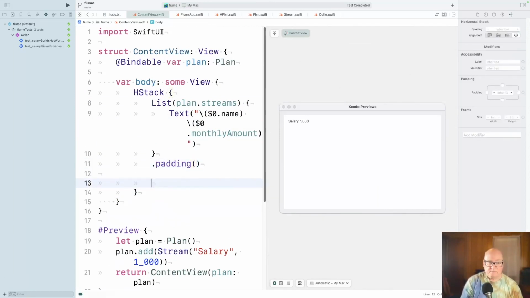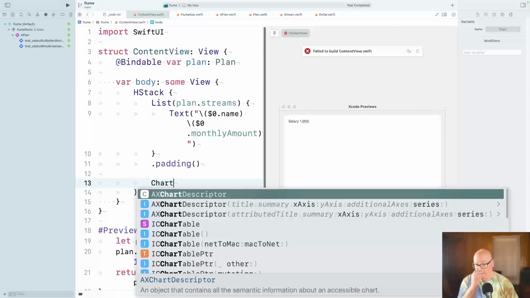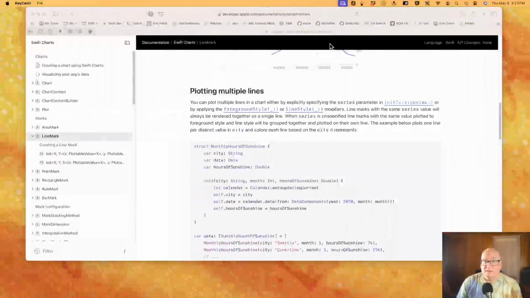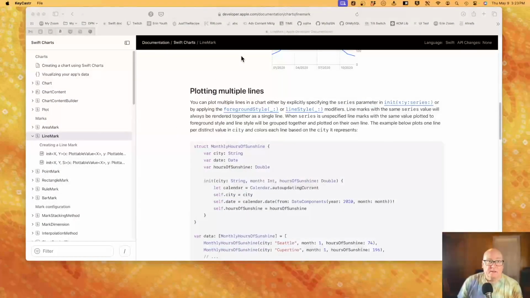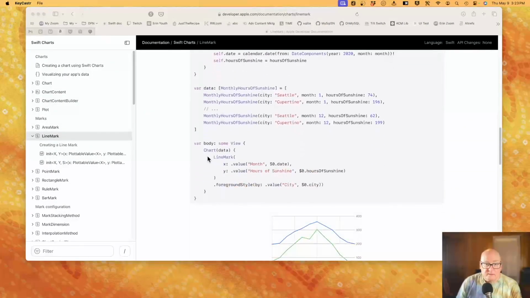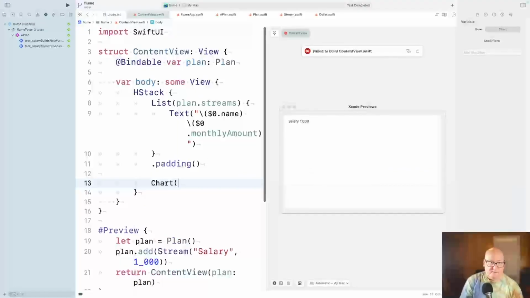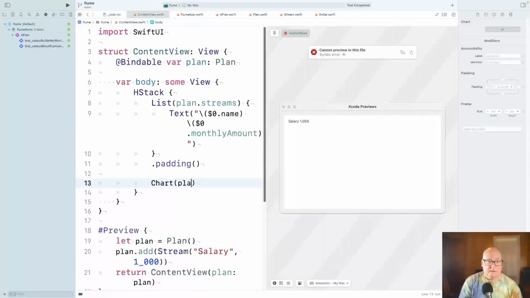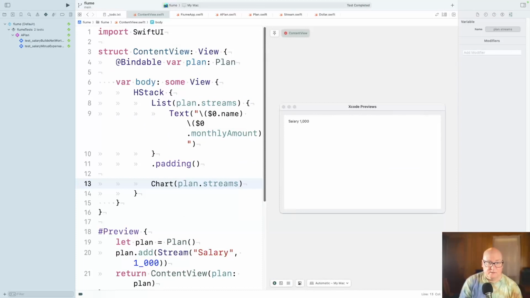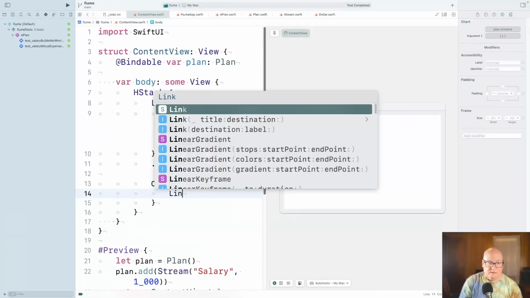And chart, and we just had to do chart of data. Plan.streams and line mark.